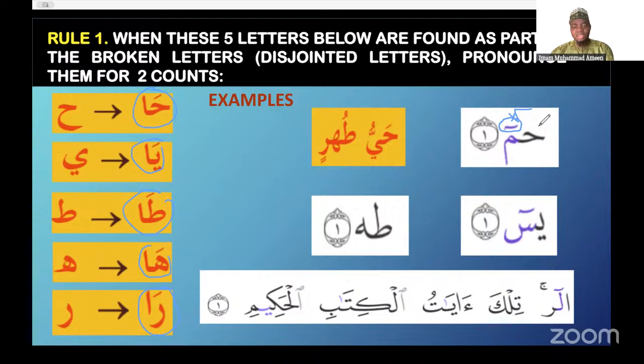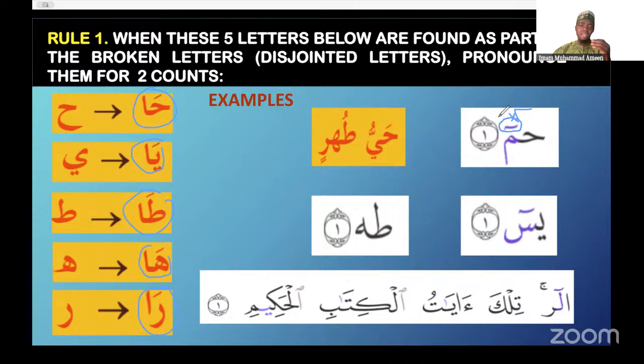The letters of Huruf al-Muqatta'a, I mentioned there are 14 types of them. When you have them, they are pronounced with what? With some certain rules. Of course, the letters get pronounced by their names, so they don't pronounce with the words. They're joined together, of course, but they're not pronounced as a word. Like I mentioned earlier, this one is